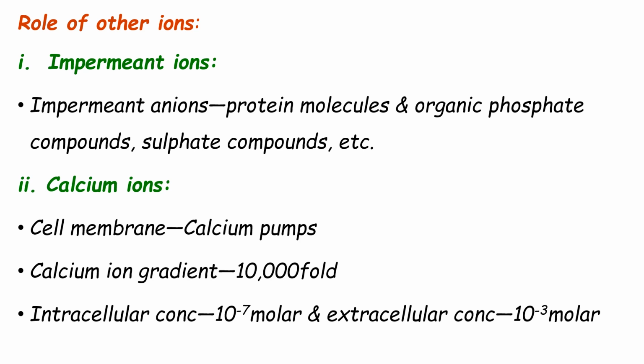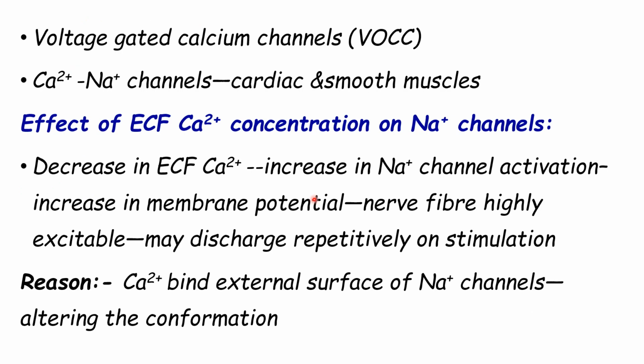This gradient has to be created, and in certain cells, like certain smooth muscles and in the cardiac muscle cells, there are voltage gated calcium channels and calcium sodium channels which are responsible for generation of the action potential. So when we discuss the action potential with plateau and different action potentials while discussing smooth muscles, this will be taught in the lectures in the class for different types of action potentials in the nerve and muscles. Then you'll come to know about the importance of these ions.